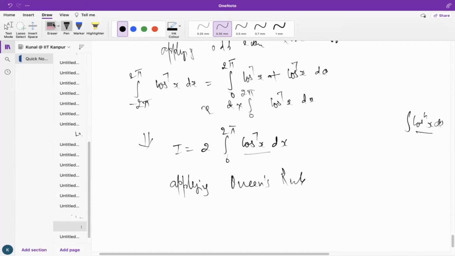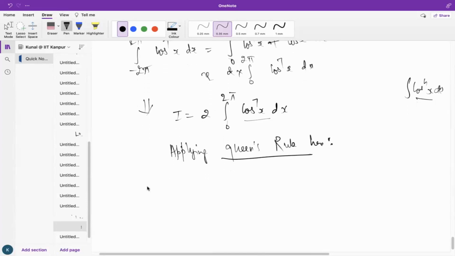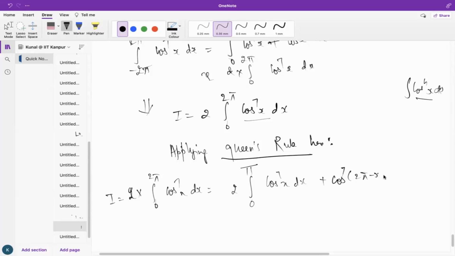Let me write it in a good way, what I'm doing. Applying Quinn's rule here. Okay, I have to apply Quinn's rule here. So let me write here. So our integrand value is 2 into 0 to 2 pi cos to the power 7x. So it will be equal to 2 into 0 to pi, cos to the power 7x dx plus cos to the power 7 of 2 pi minus x, right? So both values are same. So it will be like 4 into 0 to pi cos to the power 7x dx,